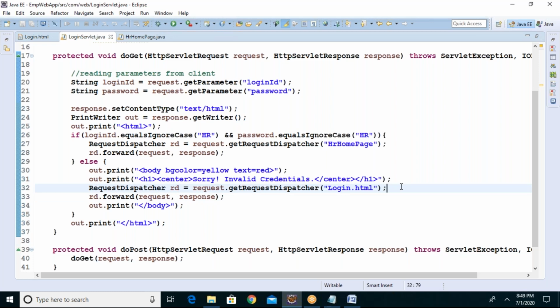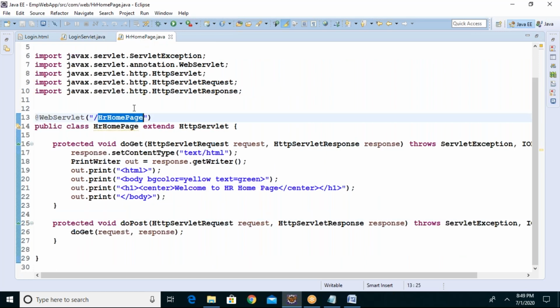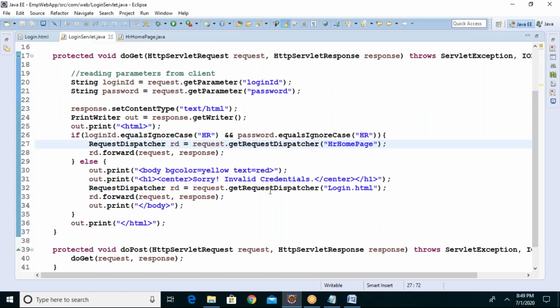Is that clear, guys? While calling a servlet, don't give any extension. Don't make the mistake of giving .java. Servlets are called with a URL pattern, and a URL pattern doesn't contain any dot extensions. But when you are directly calling HTML web resources, you must specify the extension.